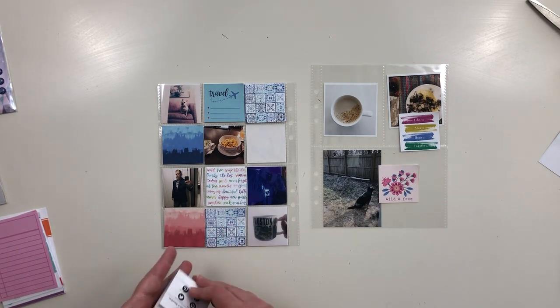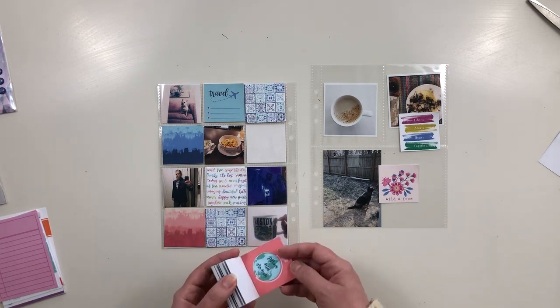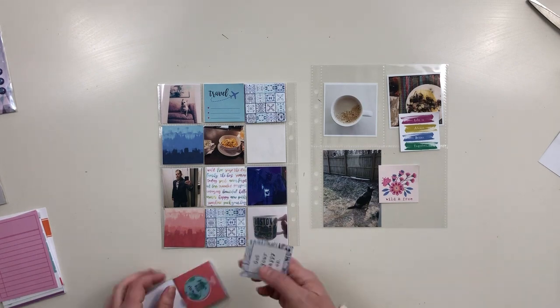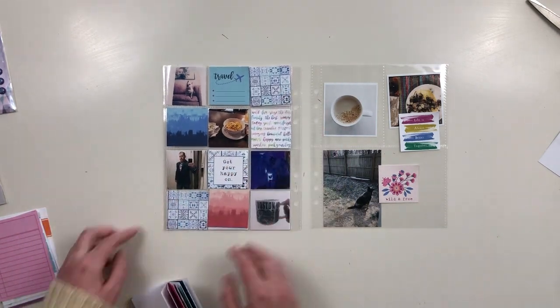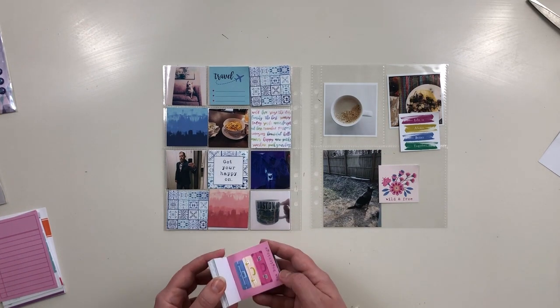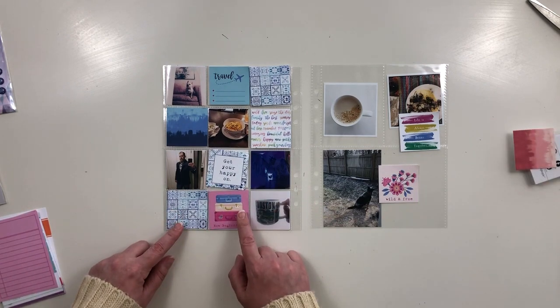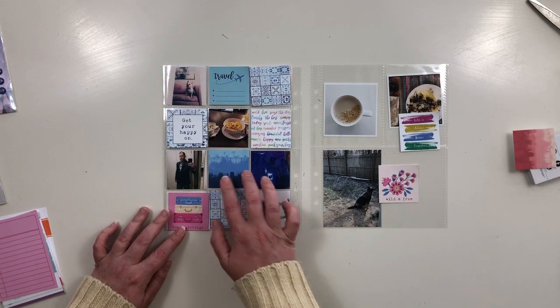I think I'm sticking mostly with the blues, and then I use a couple of more colorful ones in pinks and rainbow tones to go with them. I thought I was going to use that ombre peachy pink one, but I don't end up keeping that on the spread. I just thought it clashed a little bit with the other cards and with the photos, so I chose this one with the suitcases instead, which is perfect since it was a business trip. He was away